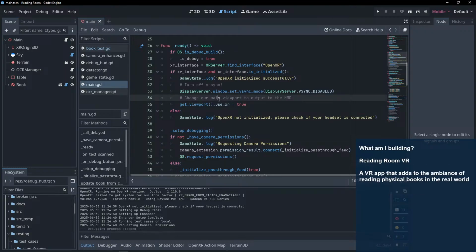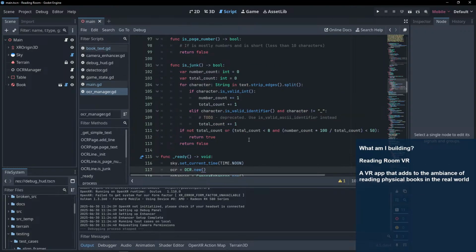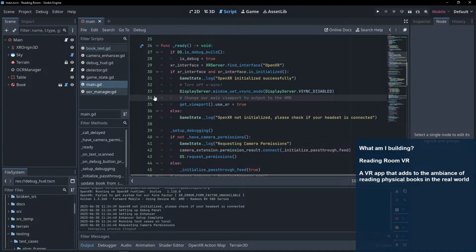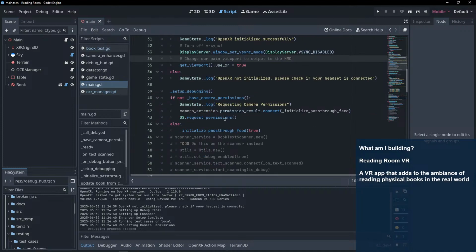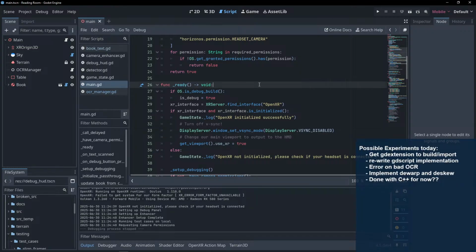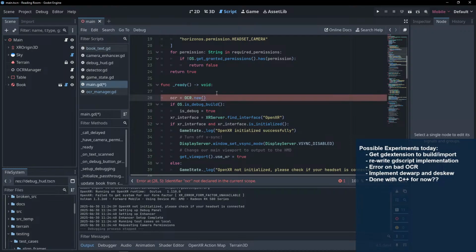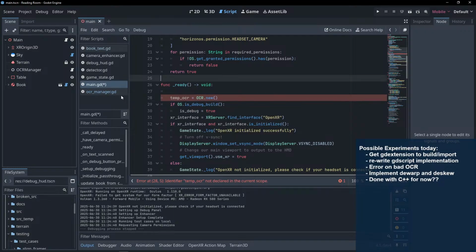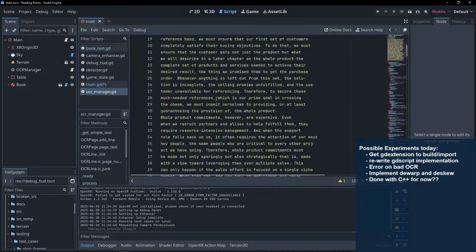I'd like positive affirmation that it's working. So maybe I'll do... Maybe OCR Manager's not getting instantiated. I can't remember. I don't want to dig into it too much. And that is, where's OCR?